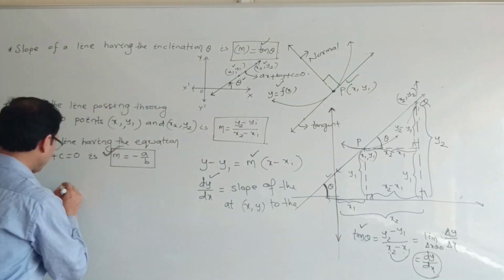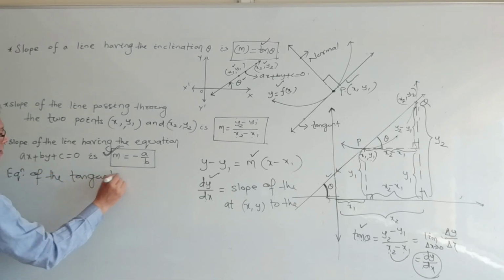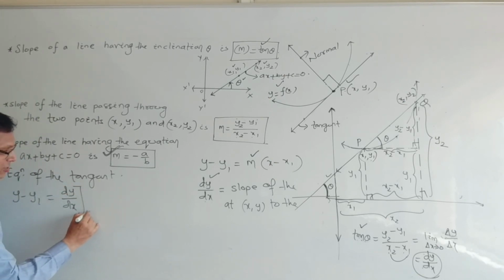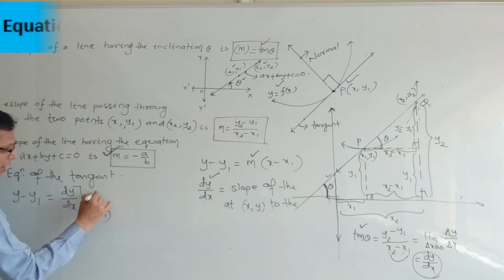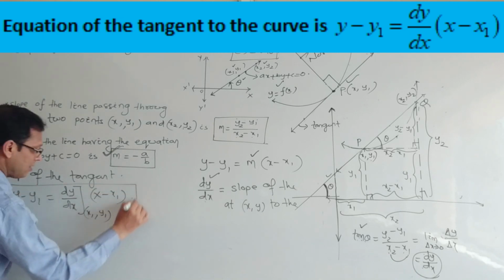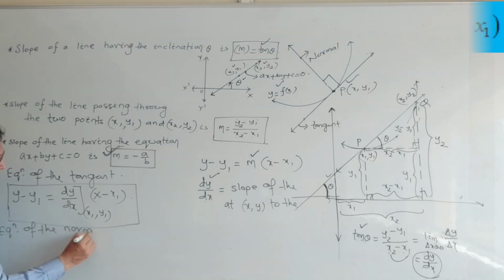So the equation of the tangent is given by y minus y1 is equal to m. Here m is the slope of the tangent. m means dy by dx at the point x1, y1, into x minus x1. This is the equation of the tangent, and the equation of the normal is